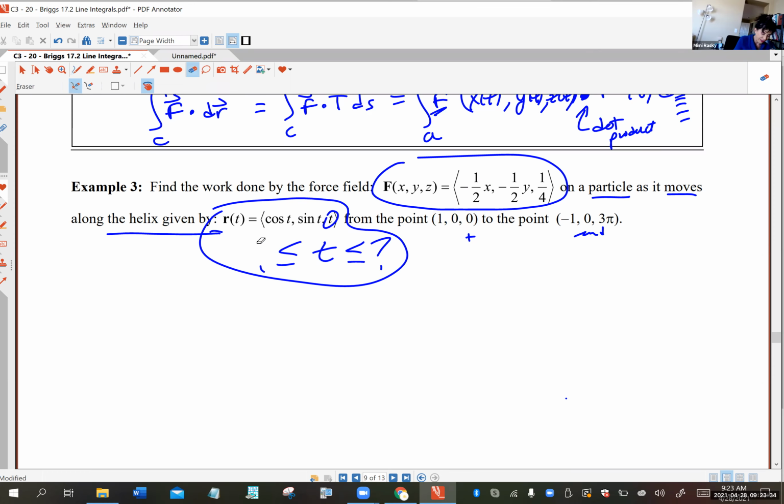So I hope it's obvious to you that t is going to be 0. And then if you look at the ending point, this time is going to be 3 pi. Oh, they basically handed it to us. That was very nice of them. And my erase tool doesn't work right now, so I'm just going to write 3 pi. Okay. Now, for those of you who want to know what that curve looks like,